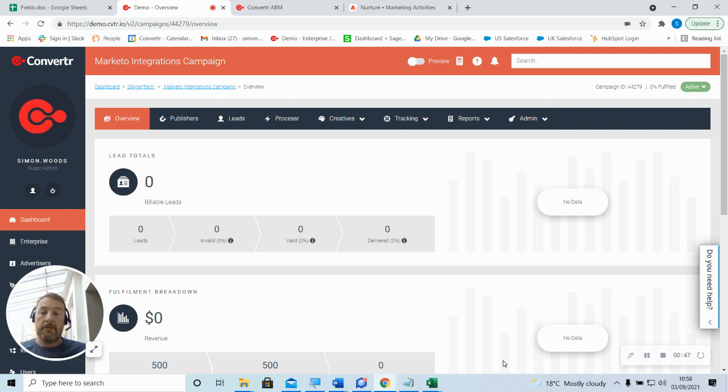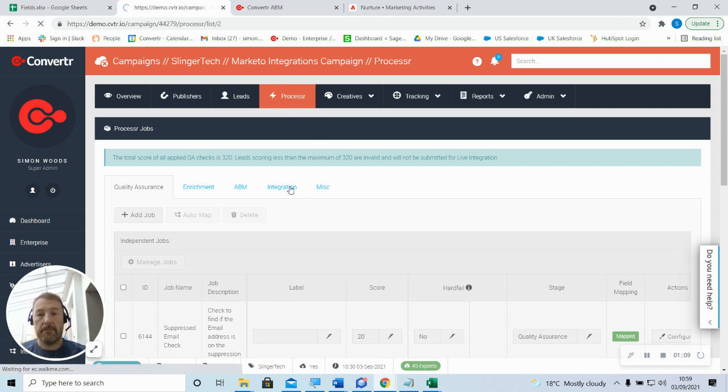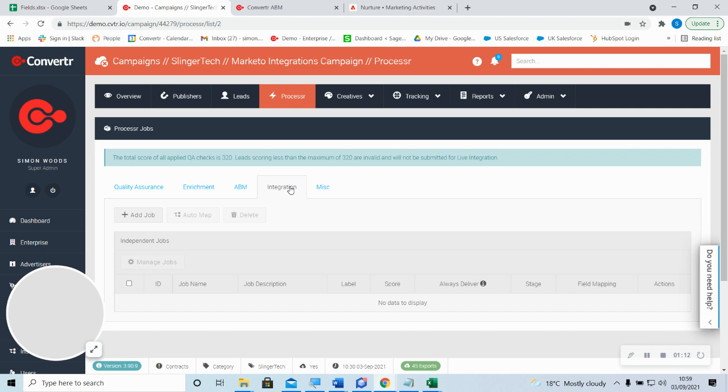So without further ado, what we should see in front of you on the screen is a campaign that we have set up in Convertr. So first and foremost, you need to go to the Processor tab. So we're currently in the Processor tab. The tab we need to hit next is Integration. And you can see here we currently have no integration jobs configured. So if we click Add Job,